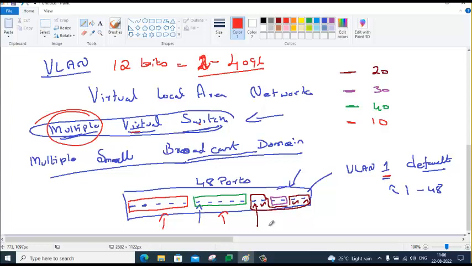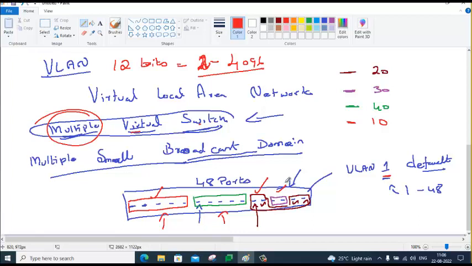Earlier, one broadcast domain and 48 ports, but now you have four broadcast domains. In one of the broadcast domains, you have only 5 ports. In another, we have only 2 ports. So we get many broadcast domains